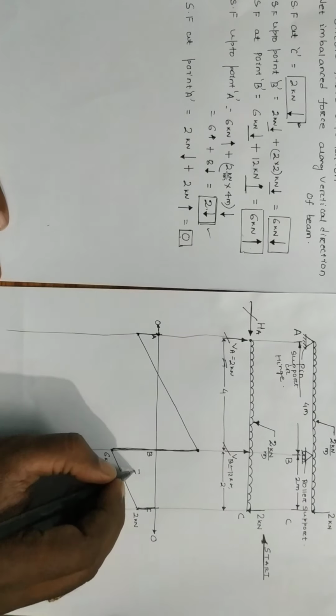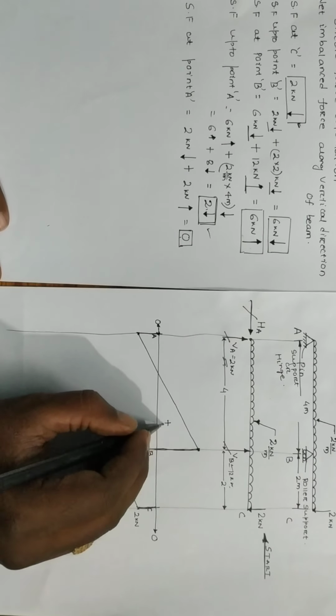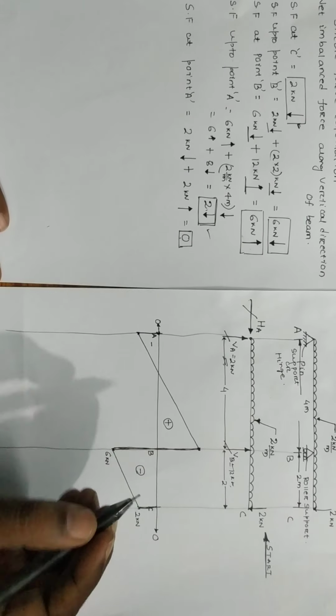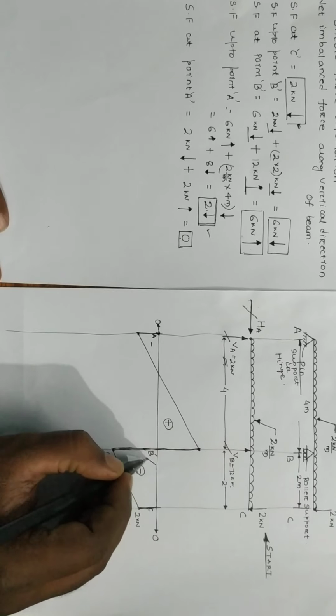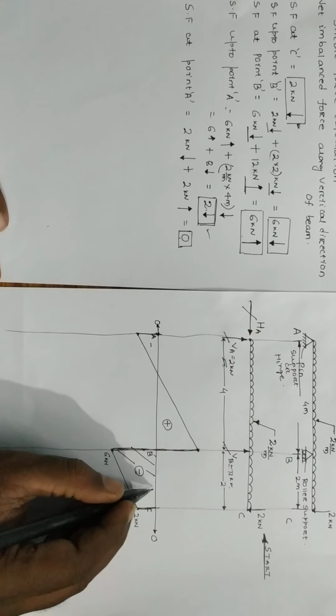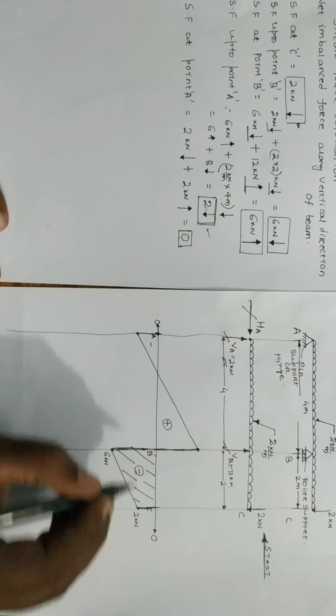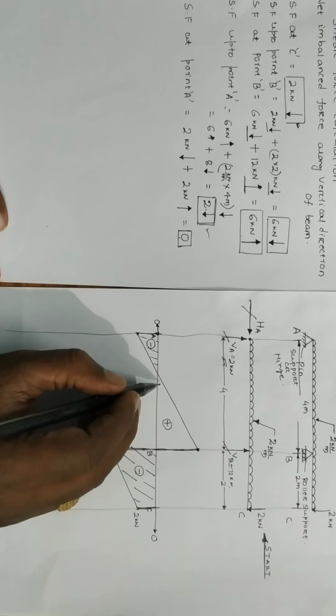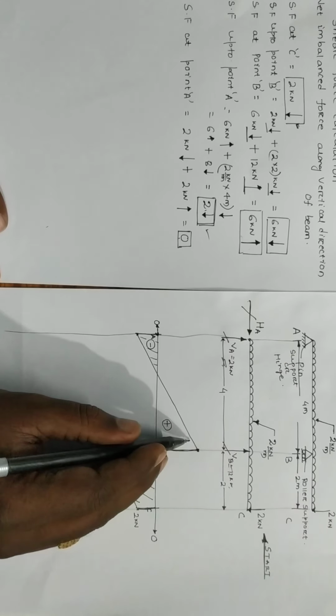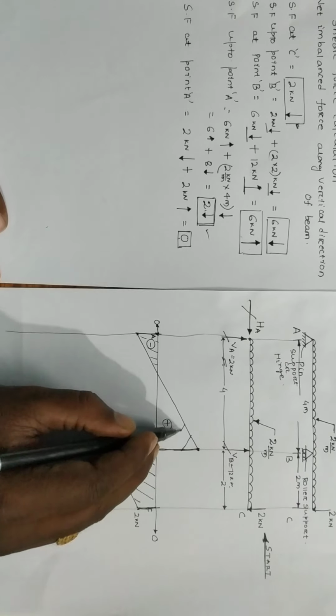You can see this is positive, this is negative. Let it be negative, this is positive, this is negative. Now people do hatching. We will also make hatching negative, this is again negative, so that it will look nice. Positive means it will go for some opposite hatching. Opposite hatching means it is like this.